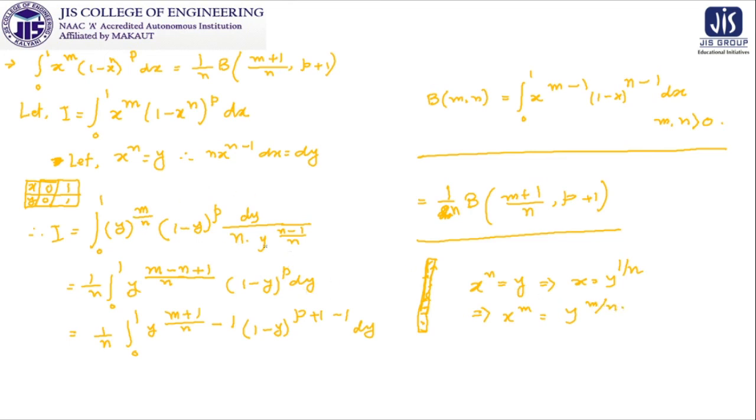And similarly, you can calculate x to the power n minus 1. If I want to find out what x to the power n minus 1 is, then it will be y to the power n minus 1 by n, which is used here, and this one is used here. So this is the technical part, this is clear. But the conceptual part is that in our mind we have to replace this x, 1 minus x form. It is x to the power n, so I have to replace this in such a way that I can write this structure in the form of beta function and gamma function.